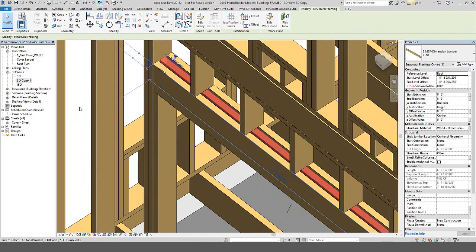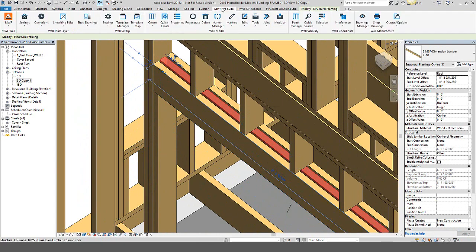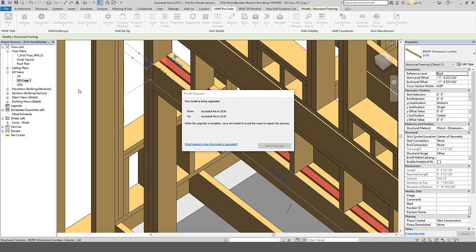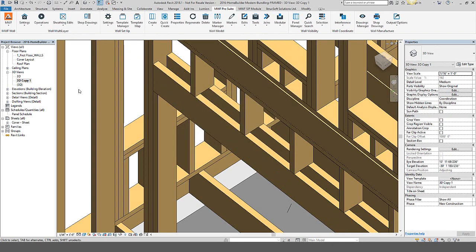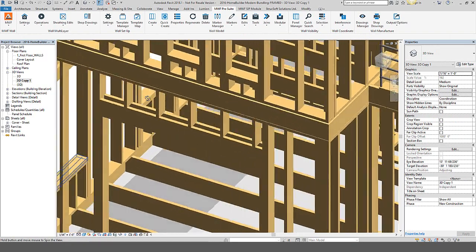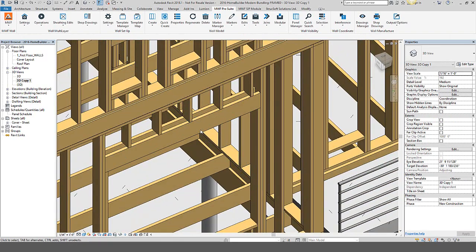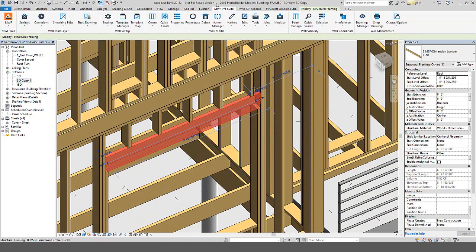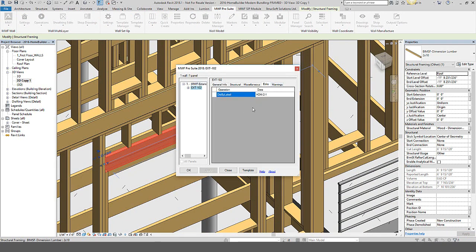I can simply select any member right here, hit the edit operations, and use the delete generated member, and just like that, it gets removed. It won't reappear during a regeneration, but if for any reason I did need that member to return to the panel, simply open up this panel's properties, head over here to the edits tab, and I can see the delete by label